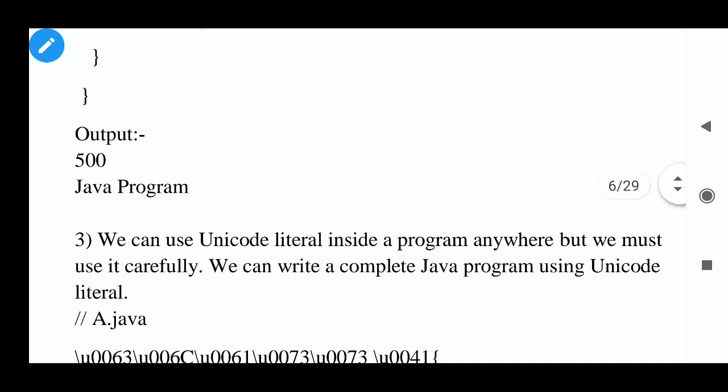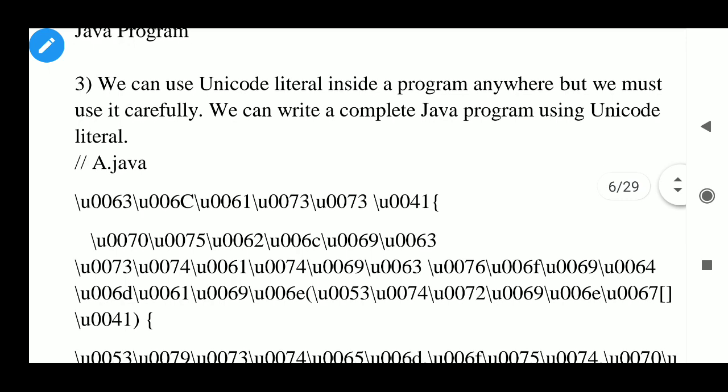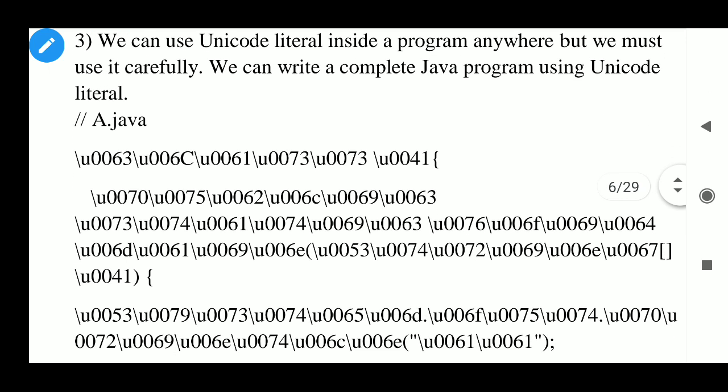Third, we can use a Unicode literal inside a program anywhere, but we must use it carefully. We can write a complete Java program using Unicode literals. See, this is the complete program we have written using Unicode, backslash U0063, U0060, U0061, like this way, a complete program is written.